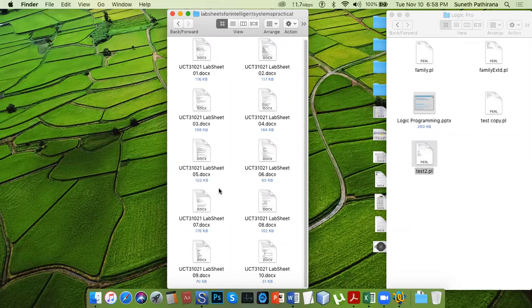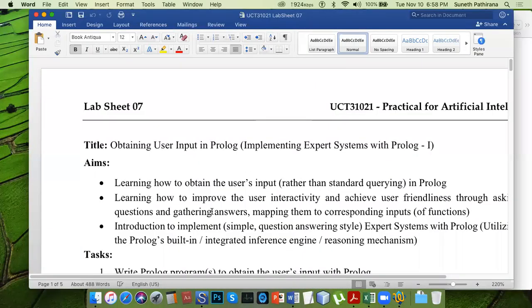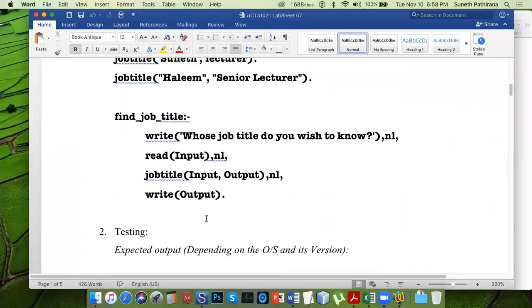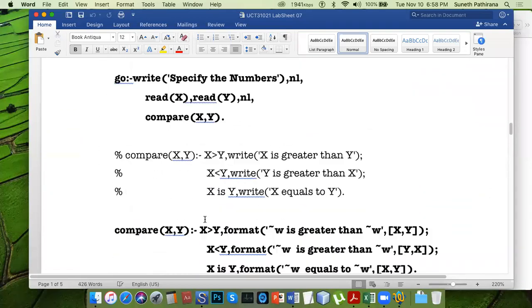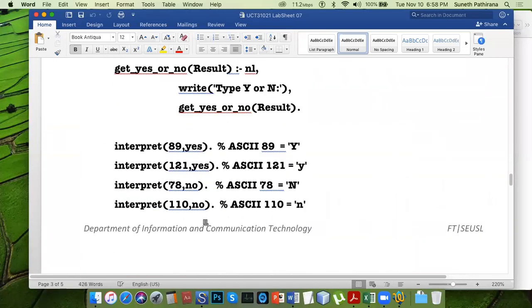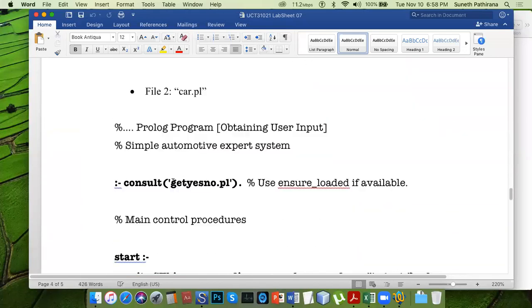Then from the seventh lab sheet onwards, we will move into building a simple expert system. So these are again an improved version of user input.